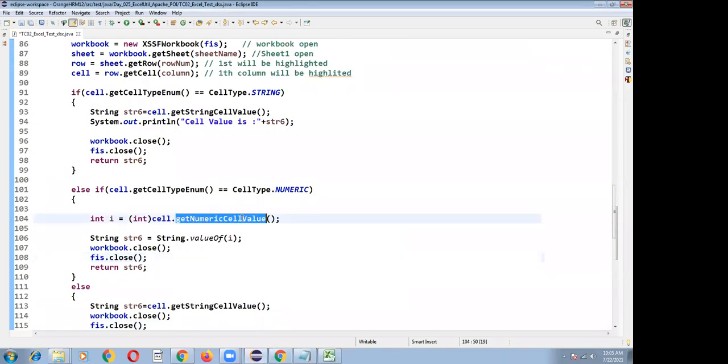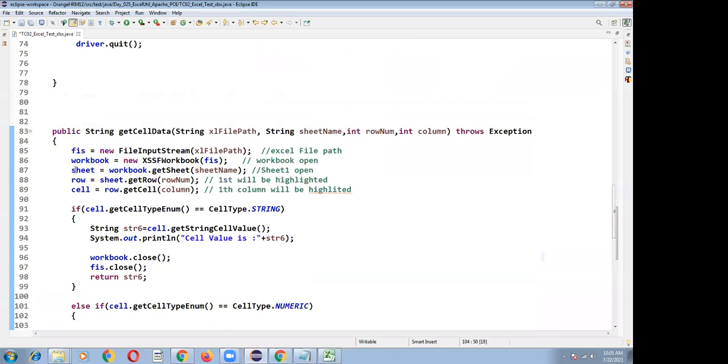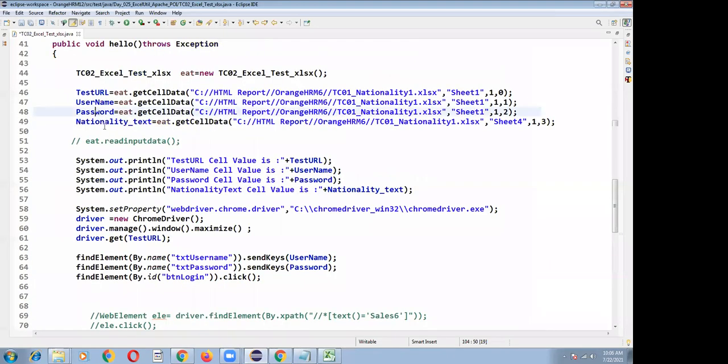Like that, the numerical value is returned and stored into your text fields.